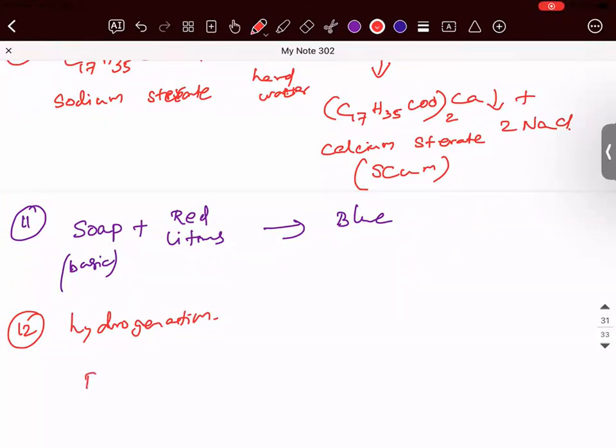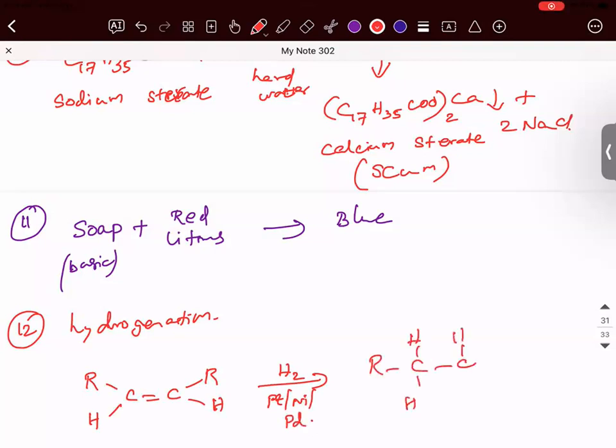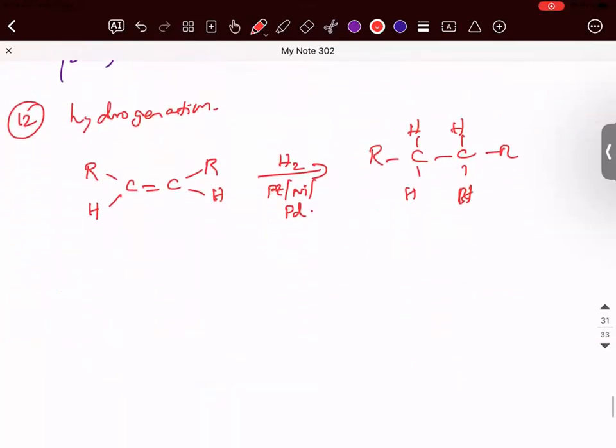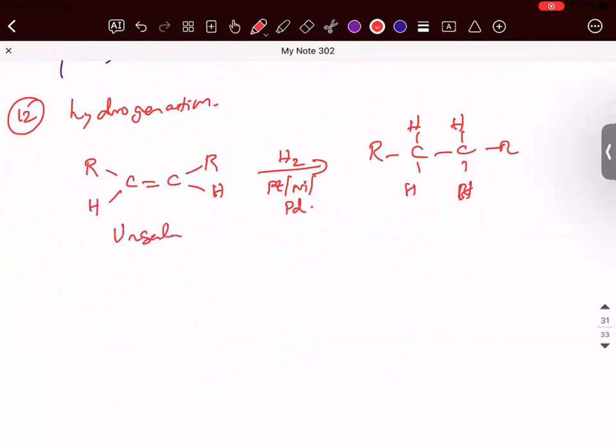For example, CH double bond CH, when you put hydrogen, palladium, nickel or platinum, it gives CH2-CH2. So the unsaturated becomes saturated. Unsaturated becomes saturated when you are adding hydrogen. Okay, and then